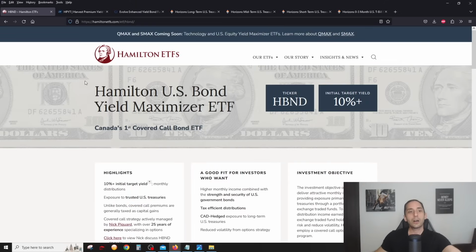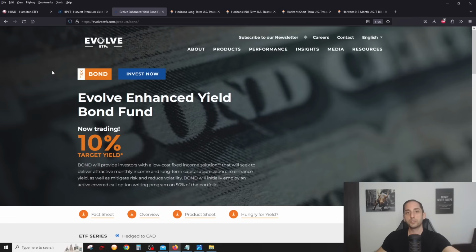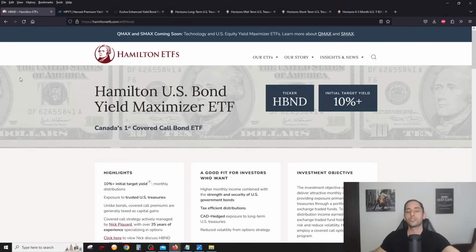I'll have to be honest, the H-Bond one, HPYT from Harvest, the Bond one from Evolve, and even LPAY from Horizons are all extremely similar, whereas they're mostly, or some of them, exclusively in the long-term bond. So really the difference is going to be the duration, right? The longer the duration is,